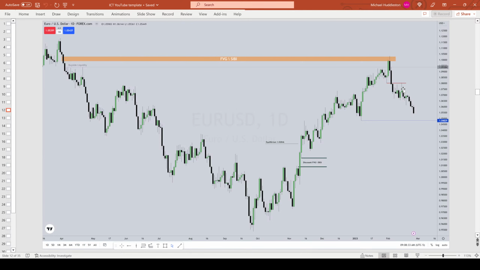Okay, so our thought process going forward, we're still holding with higher dollar and lower euro, and we're going to be monitoring how we trade at this low here. So as long as we remain below this breaker, we're bearish. I'm bearish on euro, expecting that low to be taken out. Very simple, isn't it? What's your bias going forward for the week? Looking for lower prices on euro dollar, looking for higher prices on dollar. Simple.